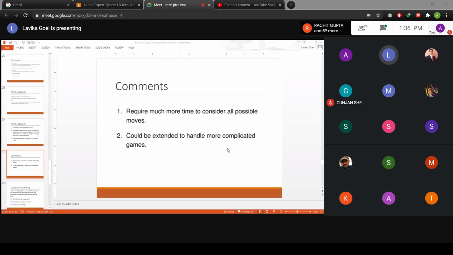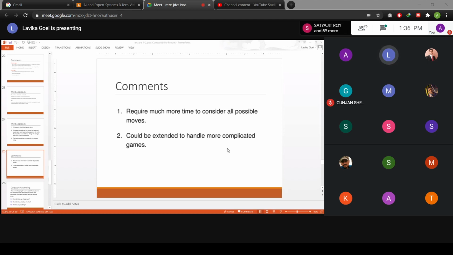You can generate the set of possible next board positions in the 3D tic-tac-toe also, and then you can score them using some evaluation function, and then you can assign the ratings, choose the best rating and then go to that move. So the same process you can apply for a higher dimensional tic-tac-toe problem also. So you can say that this approach is extendable, or generalizable to higher dimensions also, or to more complicated problems also.